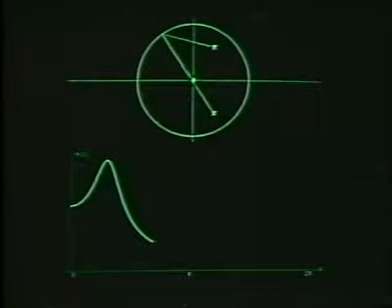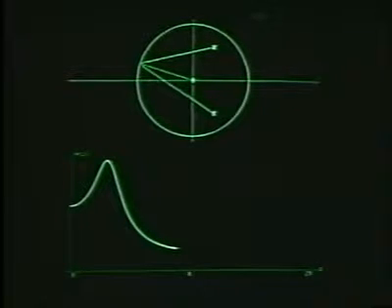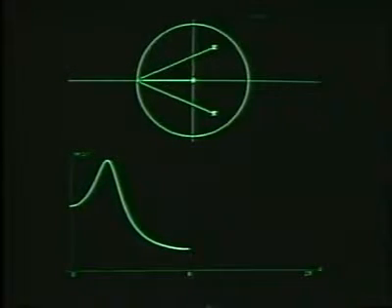Now notice in this process that the length of the zero vectors has stayed the same because the zeros are at the origin, and no matter where we are on the unit circle, the length of those vectors is unity. So they don't influence, in this example, the magnitude, but they would, of course, influence the phase.